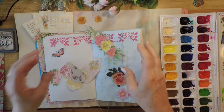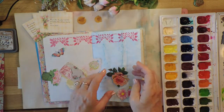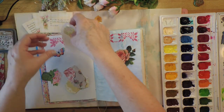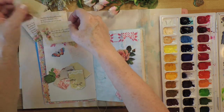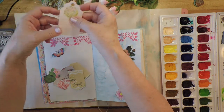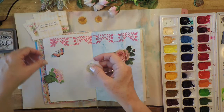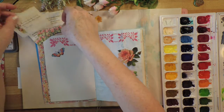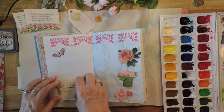So I'm going to just move those out of the way. I don't think I'll use that in this page because it was just on the previous page. However, these would make a nice little, oh, I know what we could do. Make a pocket out of that and put something like that in it, because this is just paper, but it could still be a nice little journaling card. And maybe put some of these over here. So I'm going to use one of these here,